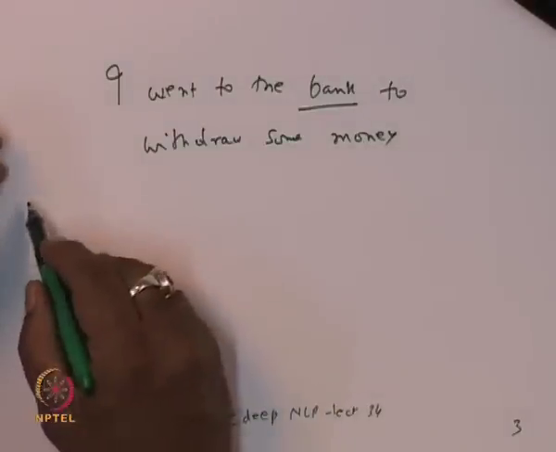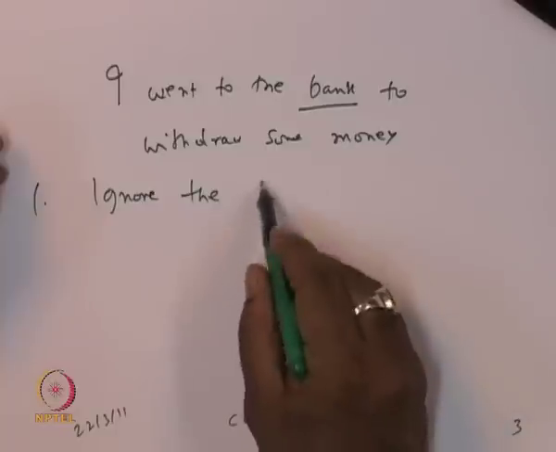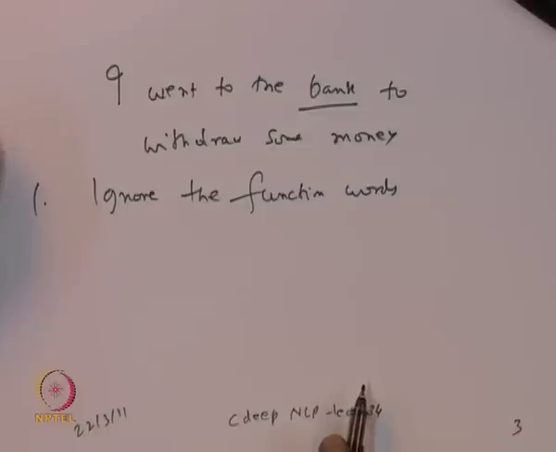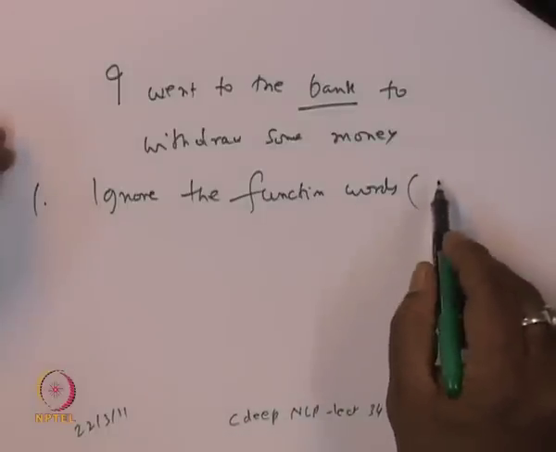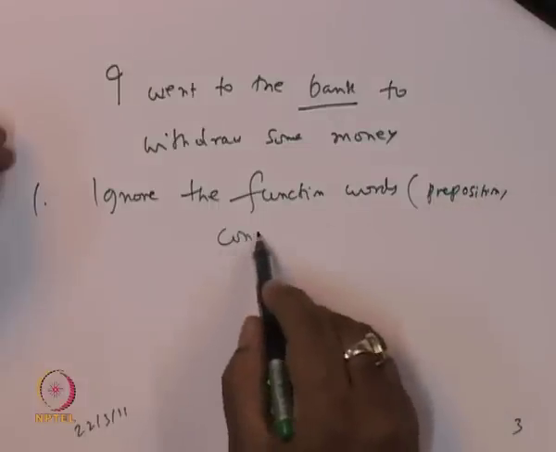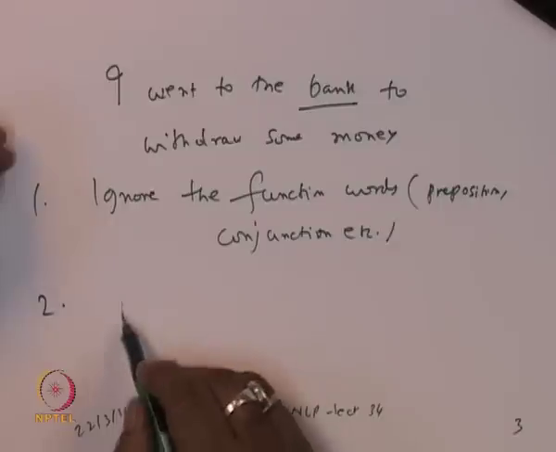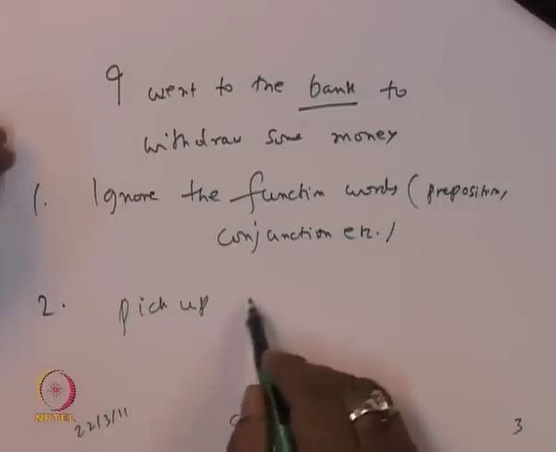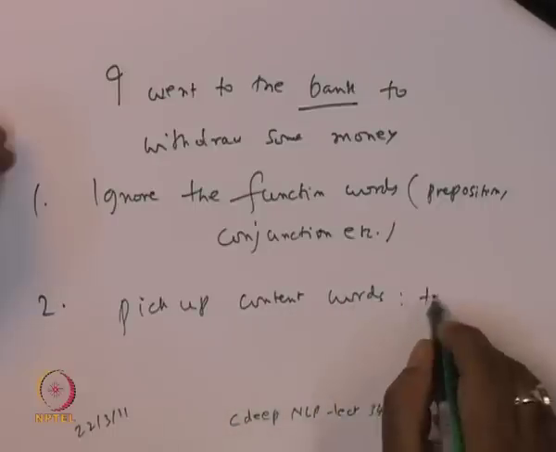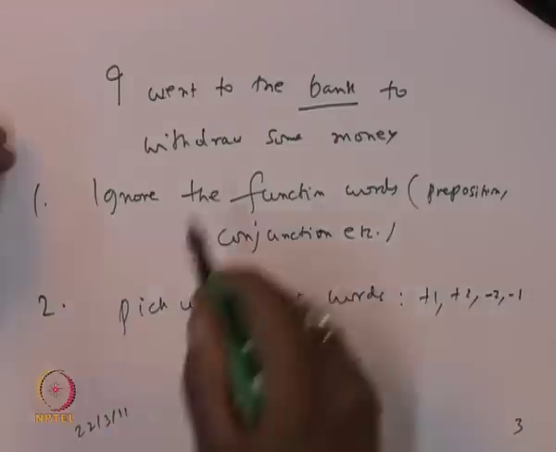So, suppose we ignore the function words. Okay. So, things like preposition, conjunction, etc. Pick up content words, +1, +2, -2, -1. So, if we look at bank,